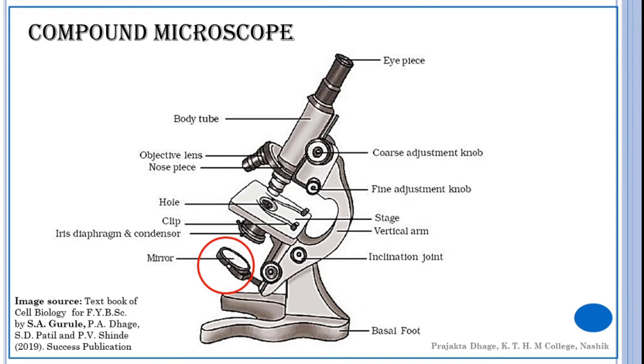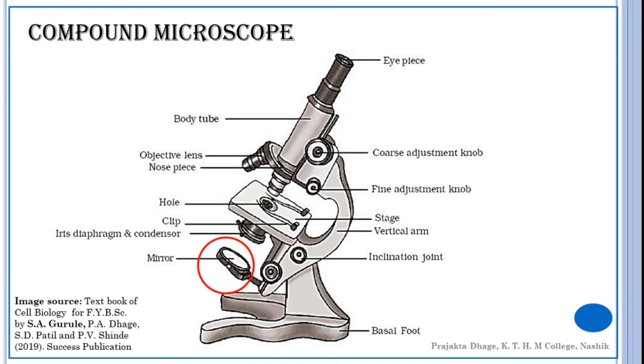Now we'll move on to the compound microscope. I know we have already done this in the previous video, but the compound microscope is used both for obtaining magnification and resolving power. It uses visible light as a source of illumination. We have already seen the structure of the compound microscope in the previous video when we were trying to have a brief idea about what a microscope is. Now we will focus on the detailed importance of each component.